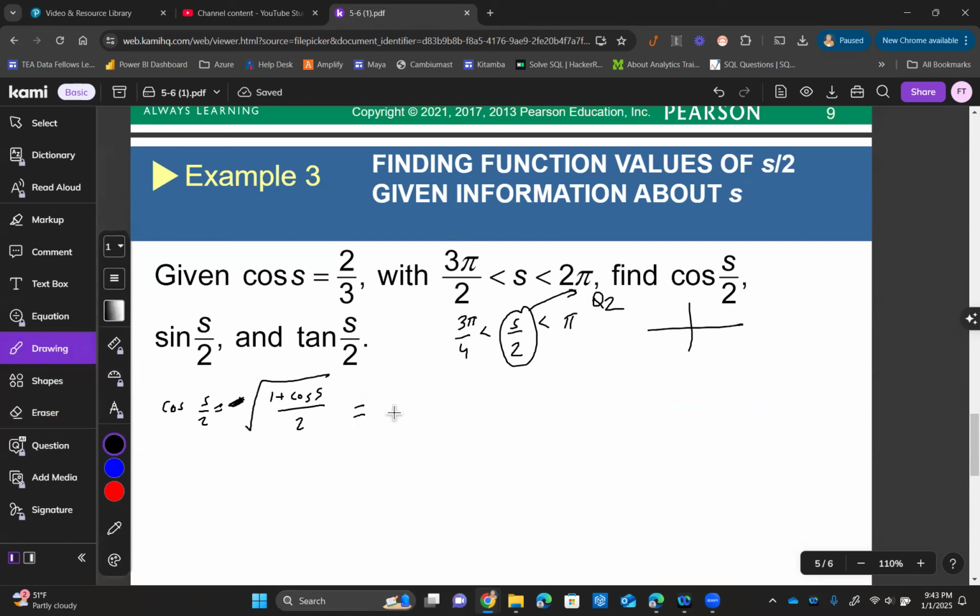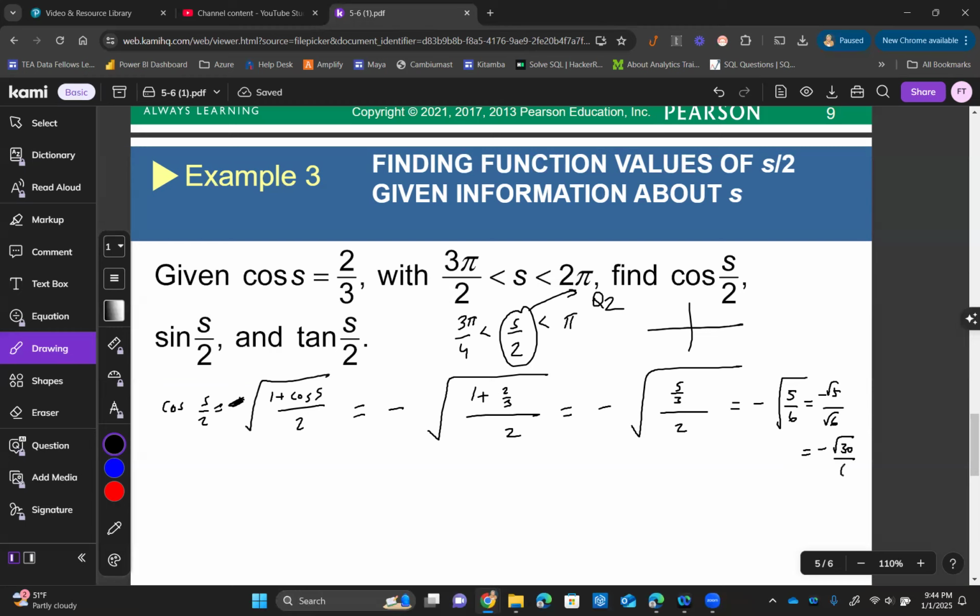So when I keep calculating this, I will need a negative square root of 1 plus cosine of angle S, which is 2 over 3, and then we're going to divide this by 2. And negative again. And then instead of 1, we can write 3 over 3. And when I add it with 2 over 3, that makes 5 over 3. And then we're going to divide it by 2. Copy the first one, multiply it by the reciprocal of the other one. That gives me a negative radical 5 over 6, which will just be negative radical 5 over radical 6. When I multiply top and bottom by radical 6, that's negative root 30 over 6,